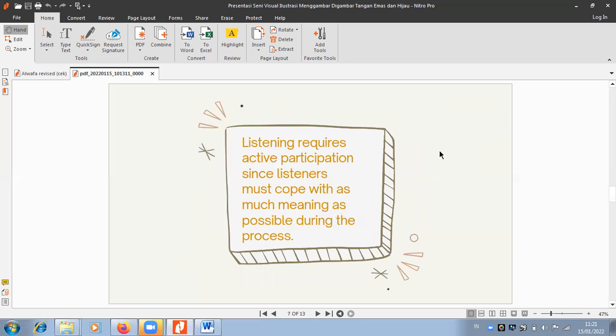Next, the reason, as in some previous research, is that listening requires active participation, since the listener must cope with as much meaning as possible during the process. So what does this mean? This means that many students may be able to comprehend the meaning of spoken language better than they can practice it. Students who listen carefully will offer some response indicating that they understand the speaker,